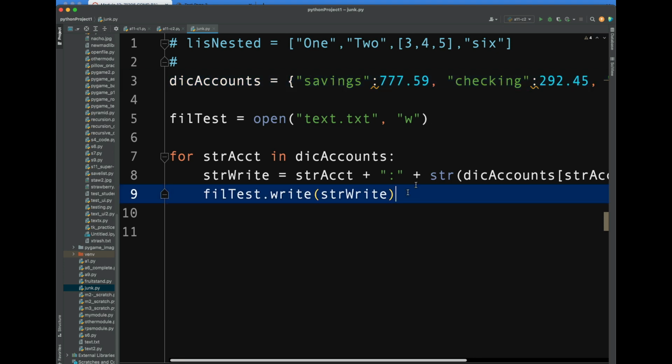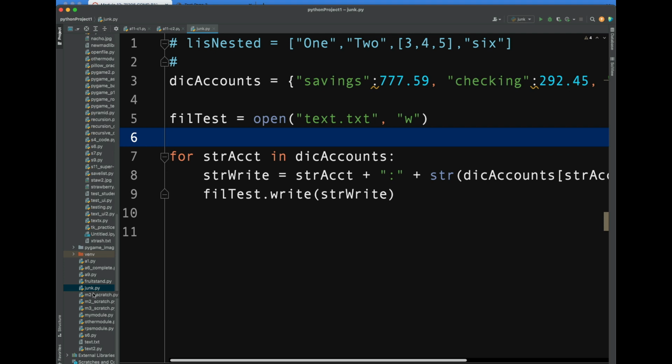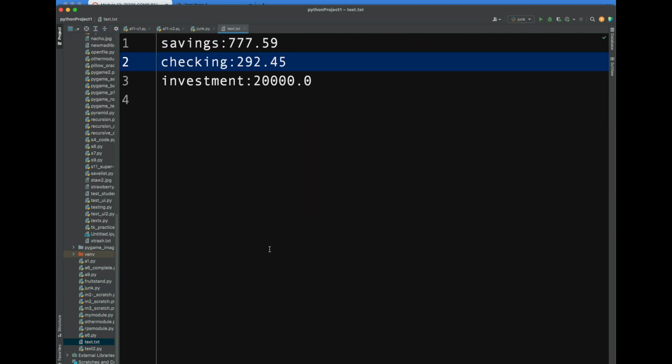So if I'm going to run this program, it doesn't show me anything visible, but when I open that file, that's what I've written to that text file. So when my ATM program starts back up, all I have to do is use readline to read those back in one at a time, read it, split it at the colon, put one value as the